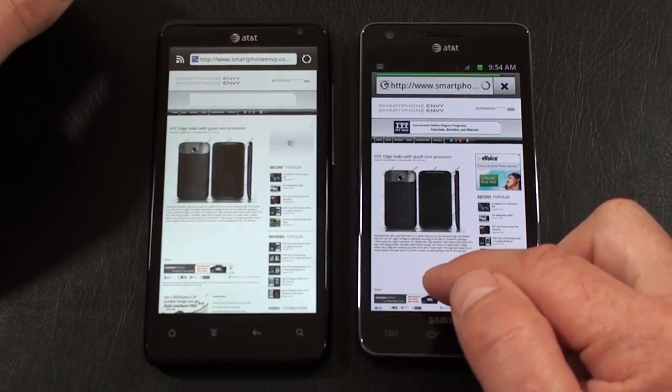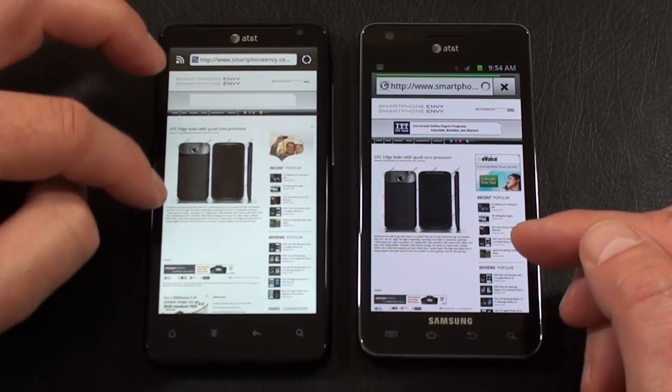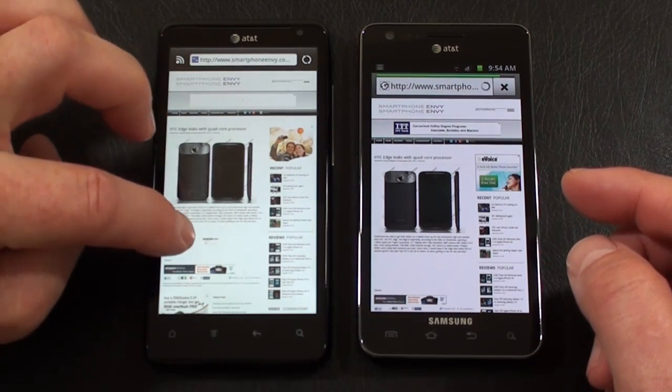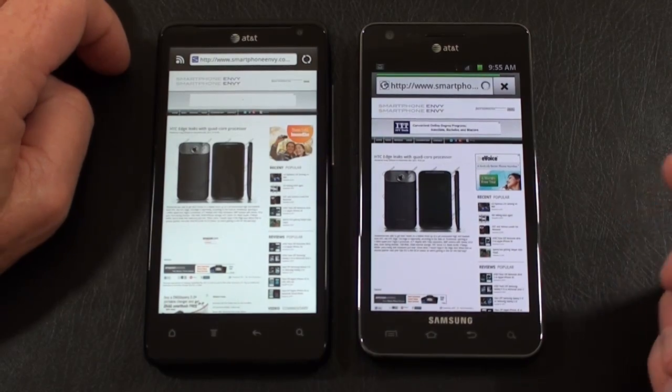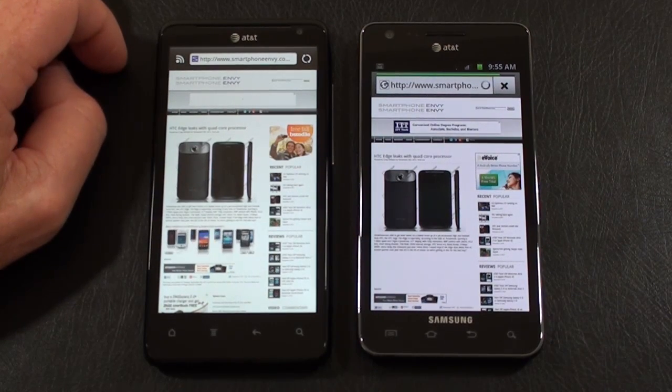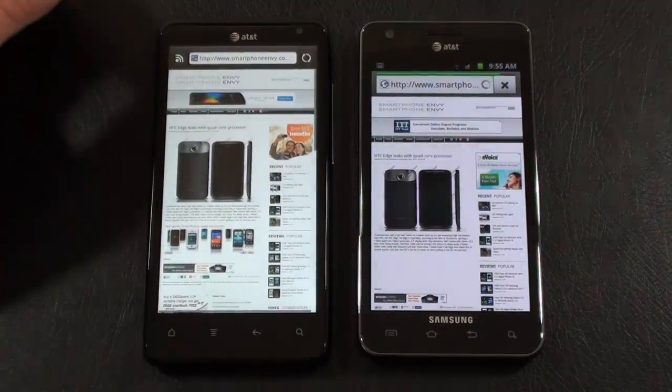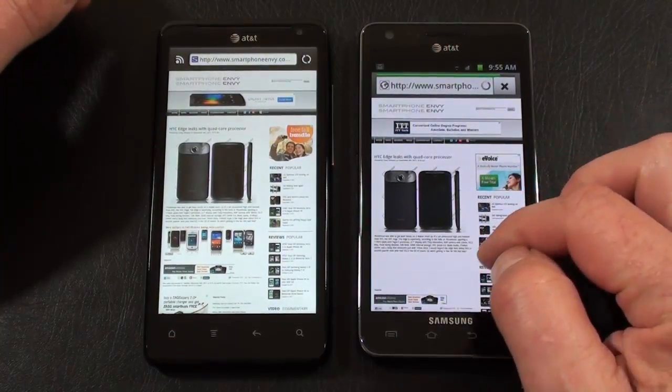Oh no, we're missing the... Okay, this says it's done, but it's not, because there's a Flash. Here it comes, the Flash from Amazon. And we're going to give the speed test to the HTC Vivid,